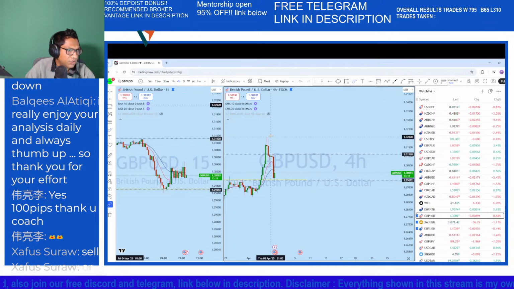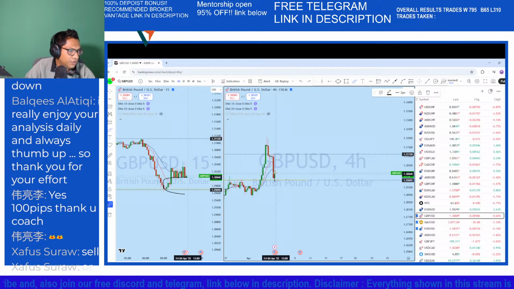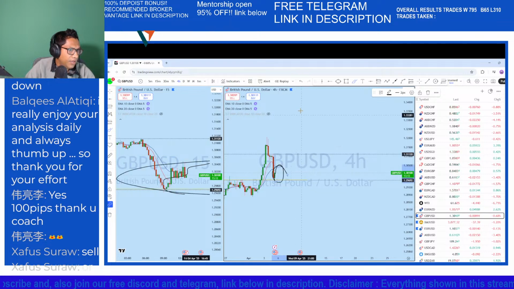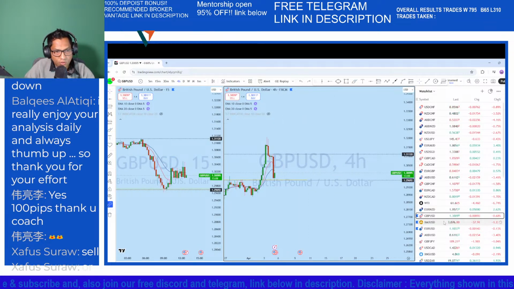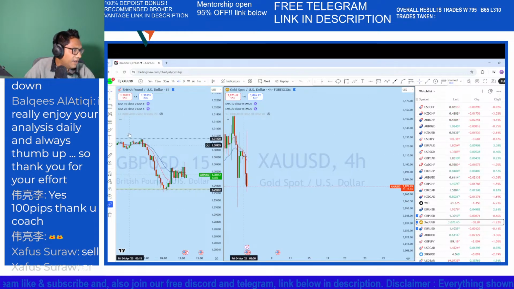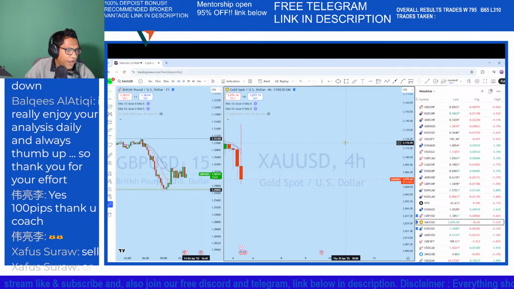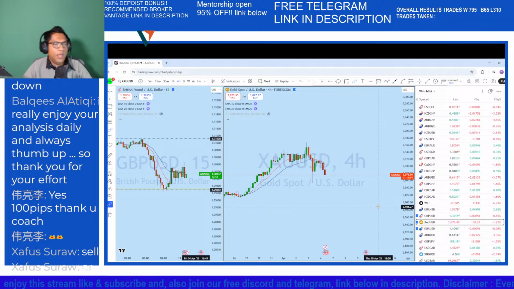We can see from this resistance line, a pretty strong drop to that support level, and it has made this move. Okay, so we are looking at two layers. This one is Forex USD. Let's delete this layer here on gold, and with that candle pattern, we see that gold possibly to have